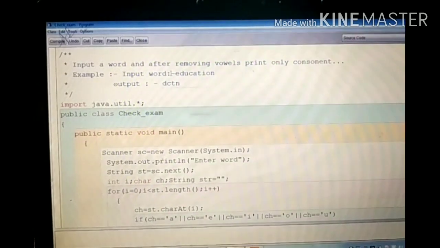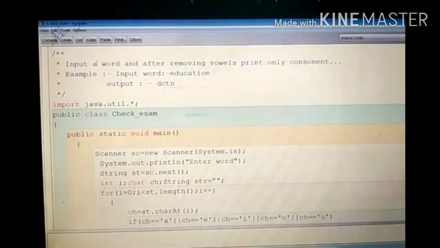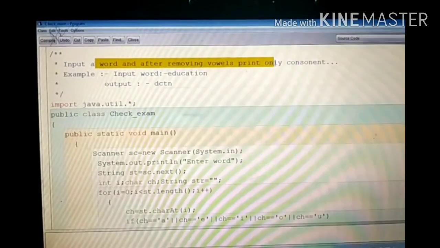Children, this is my next clip related to string manipulation. Here I will explain 2 or 3 examples of string questions that are related to practicals. Here I am going to explain 2 or 3 programs using a laptop so that there will be no confusion and no problem related to practical things. Hello children, here is a question: you have to input a word, and after removing